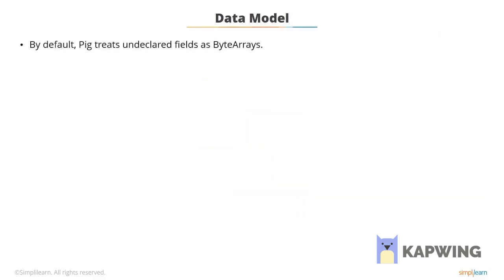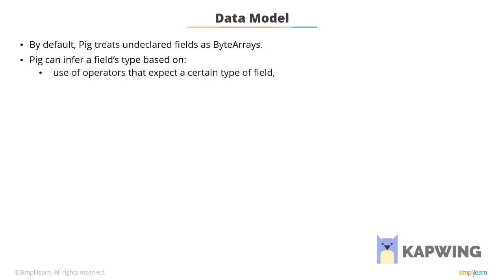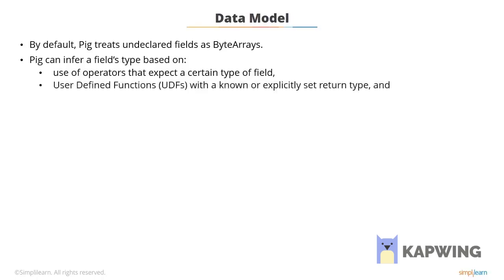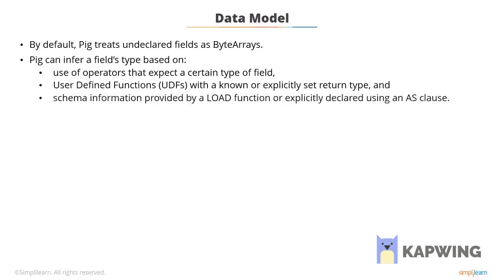By default, Pig treats undeclared fields as byte arrays, which are collections of uninterpreted bytes. Pig can infer a field's type based on the use of operators that explain a certain type of field. It can also use user-defined functions, or UDFs, with a known or explicitly set return type. Furthermore, it can infer the field type based on schema information provided by a